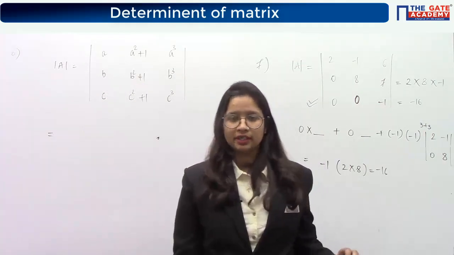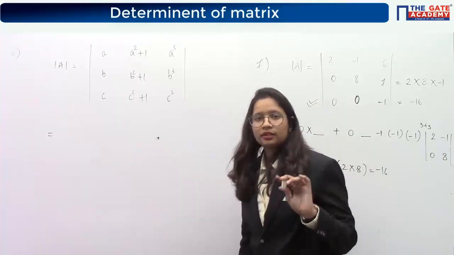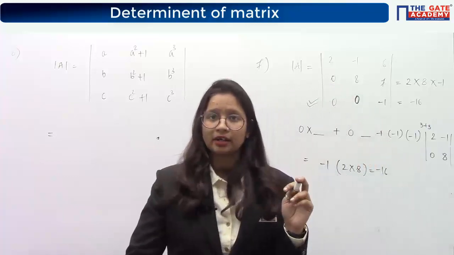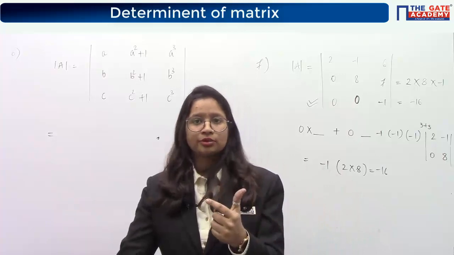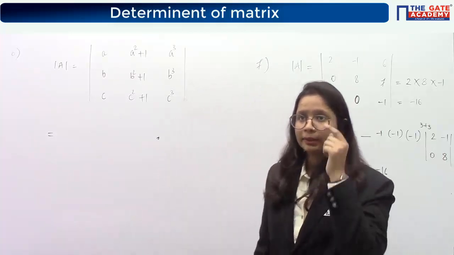So what this property is trying to say is that if any column... up till now the properties were regarding the parallel lines, but now the term parallel line is not used, the term column is used. That means this property is not applicable for the rows. Okay, not applicable for the rows.